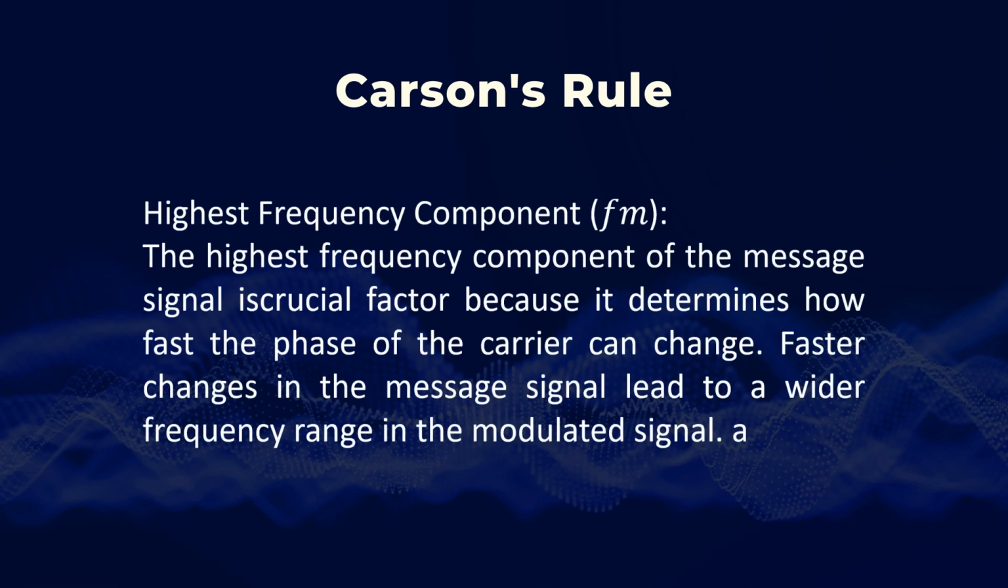The next important component is the highest frequency component, fm. The highest frequency component of the message signal is a crucial factor because it determines how fast the phase of the carrier can change. A faster change in the message signal leads to a wider frequency range in the modulated signal. Combining these factors, Carson's rule approximates the total bandwidth required to contain the significant spectral components of the PM signal. This approximation ensures that most of the signal power is contained within the calculated bandwidth, reducing the likelihood of interference